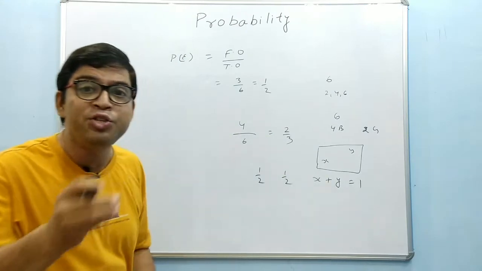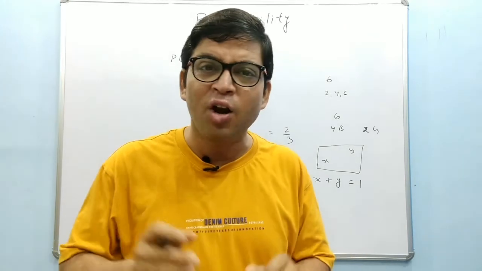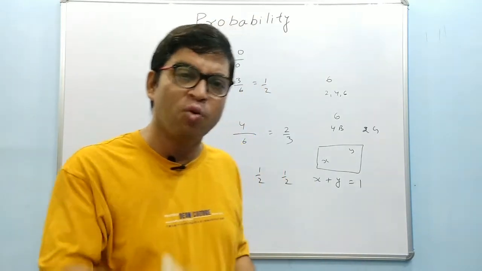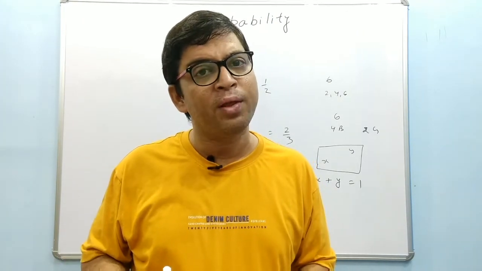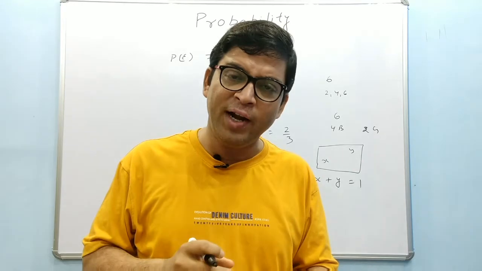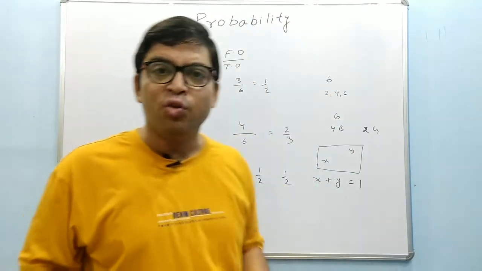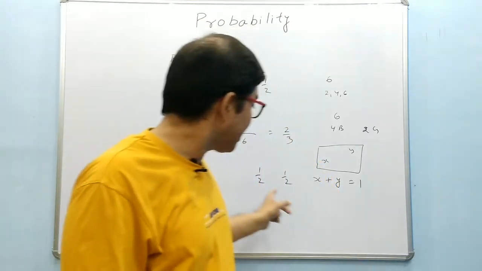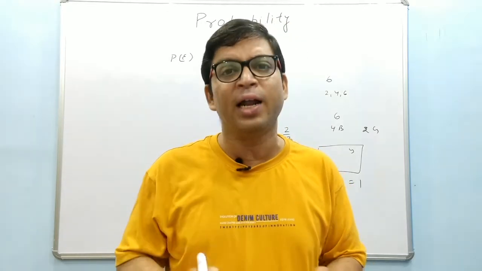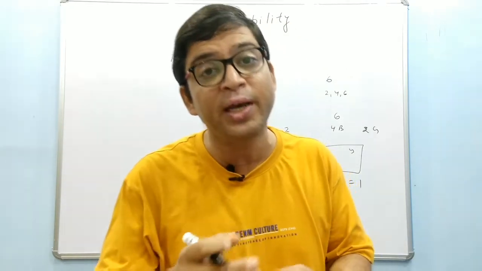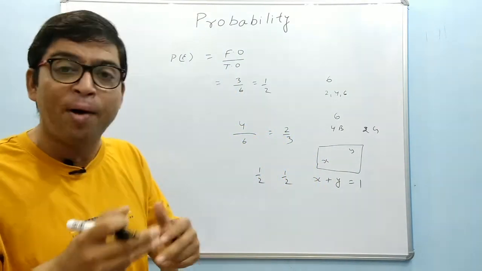Another thing is mutually exclusive events. Mutually exclusive means they are not dependent on each other. Suppose a coin is tossed, either a head can come or a tail can come. Coming of tail is independent of head and coming of head is independent of tail. Same way, if we throw a die, an even number is coming or an odd number is coming. They are independent of each other. That means they are mutually exclusive events. That is the basic definition about events.